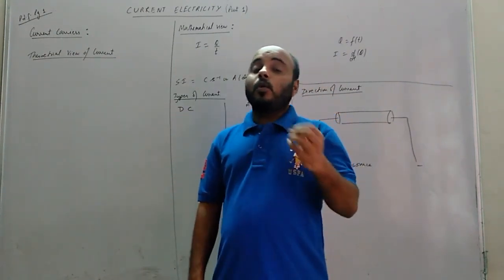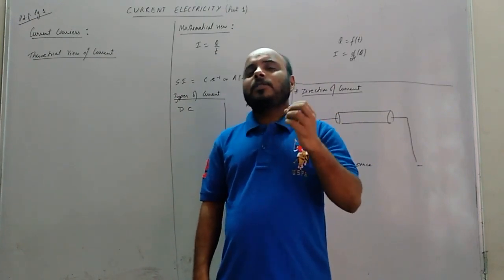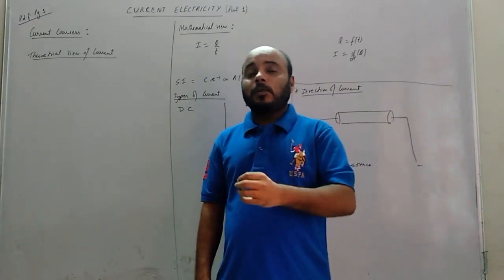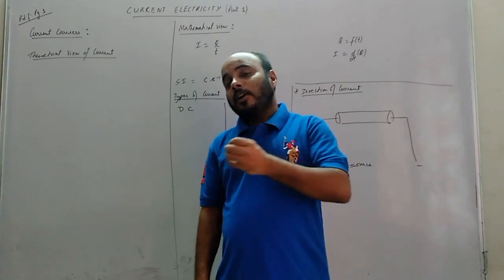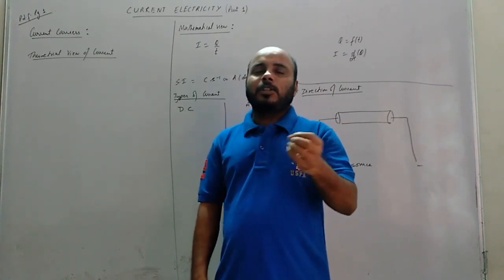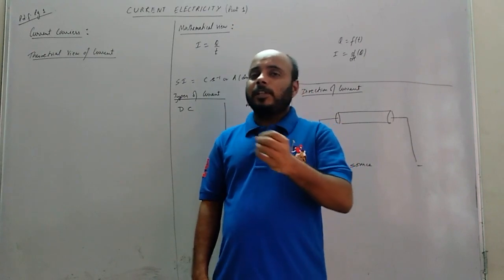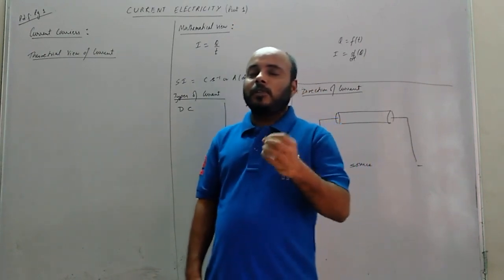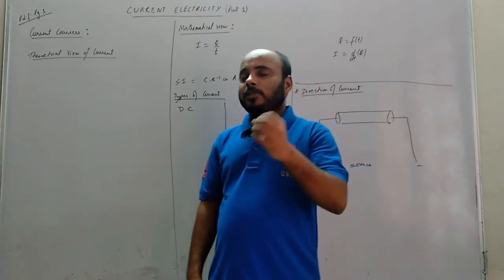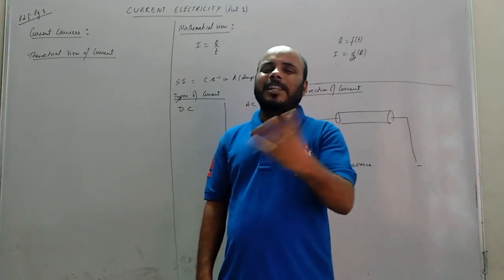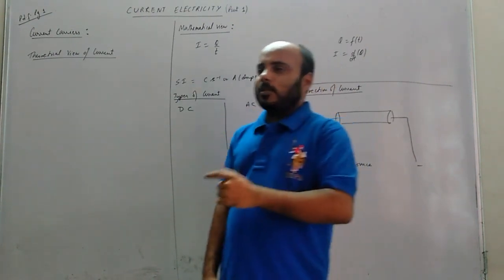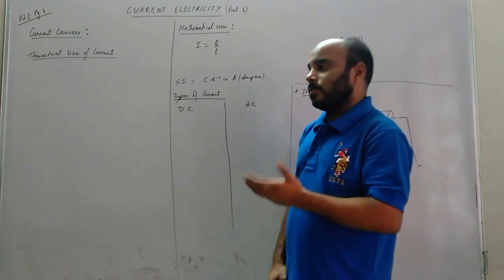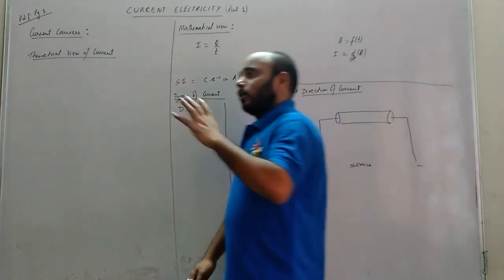Electrons and holes. Now, holes is something which you haven't studied until now. We will study that chapter, semiconductor, at the end, approximately in the month of October. From there you will understand holes. For the time being, just remember that a hole is considered as a positive charge. It is not actually a positive charge, but it's considered as one. So, understood current carriers.